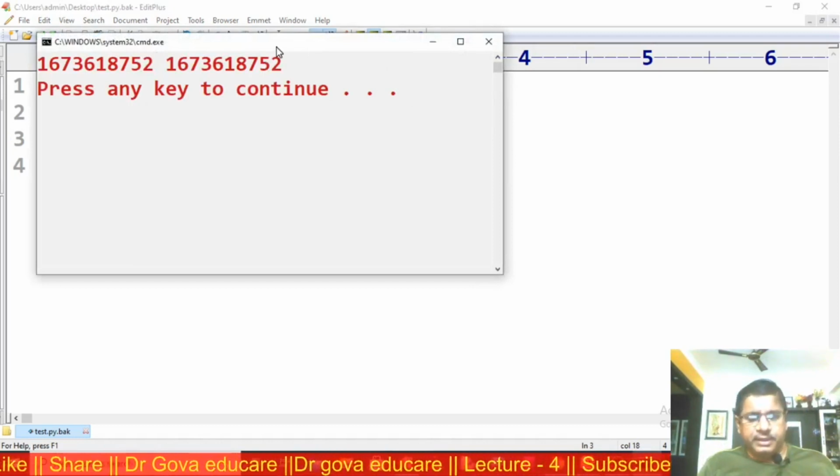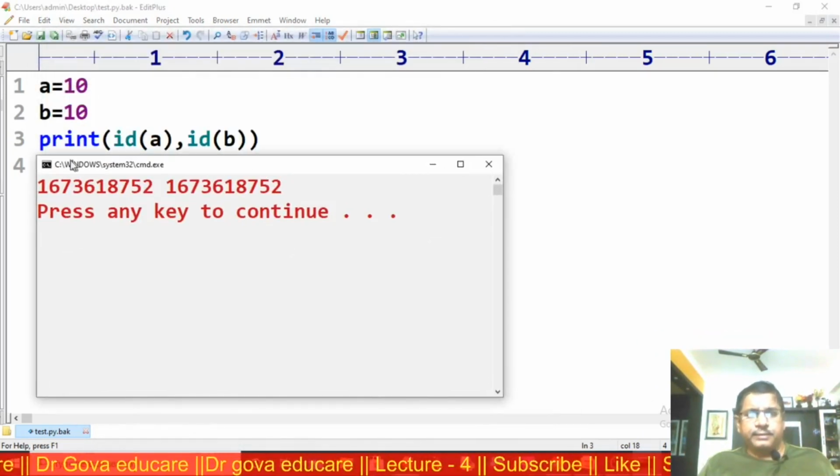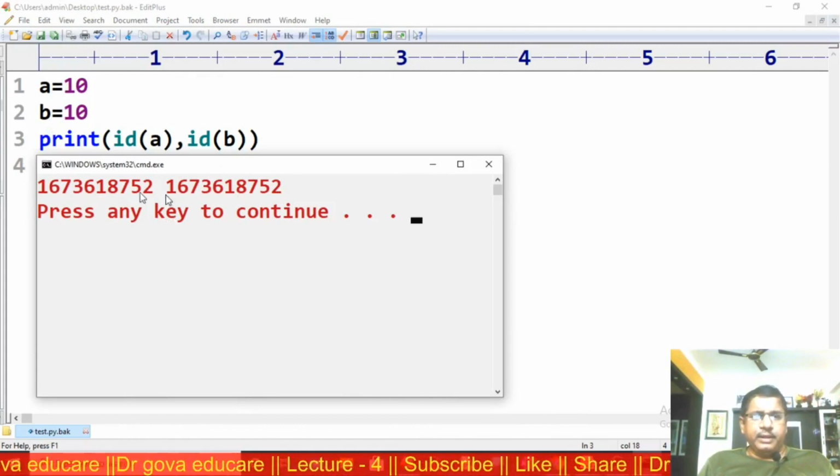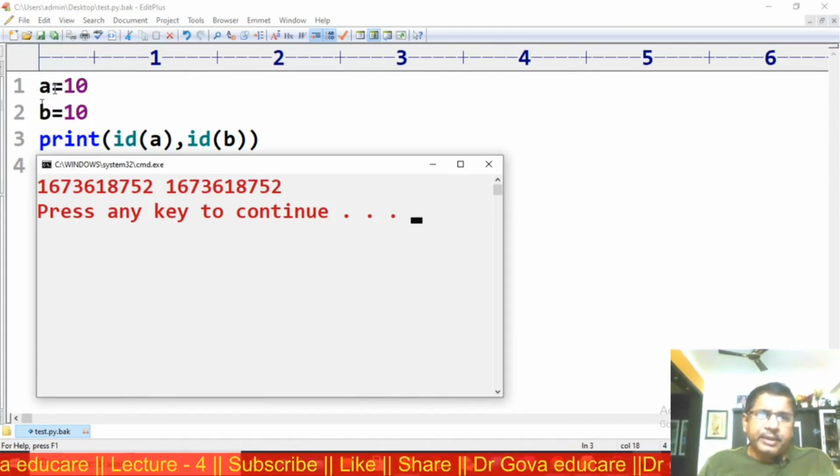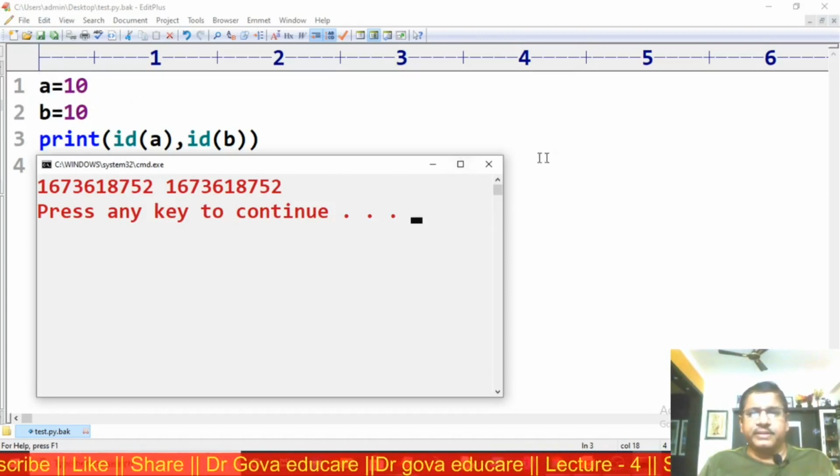Now observe here, id of A and id of B are the same. That means the name A and the name B are both references to the same object. This is the meaning of this.